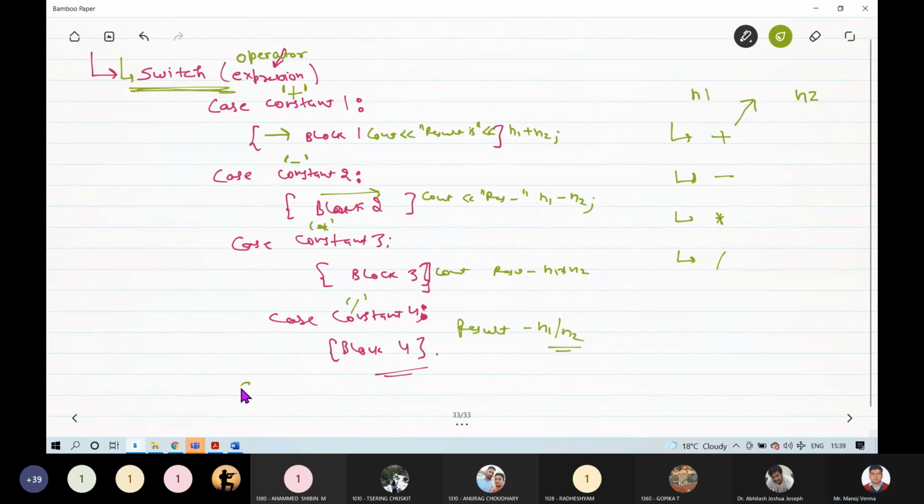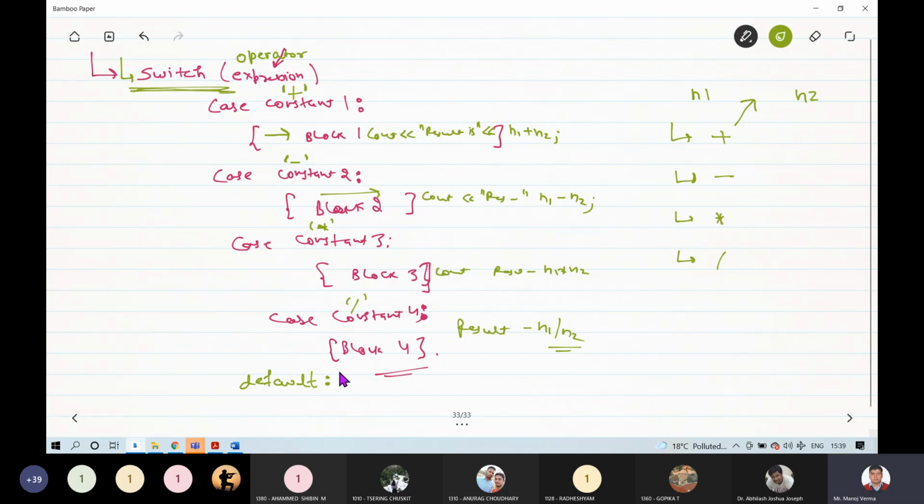come to this another portion of the switch statement, default. If the user does not select any of the cases, it will directly go to the default. But if the user selects any of the cases, then it will go to that case and it will not go to the default. You have to understand this.